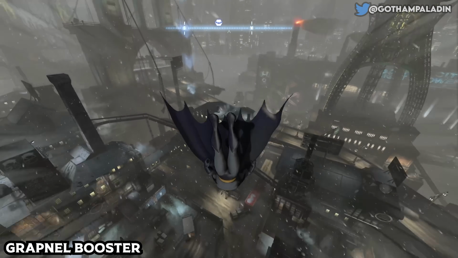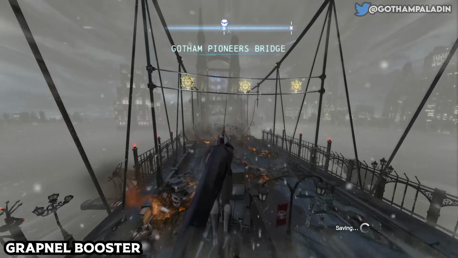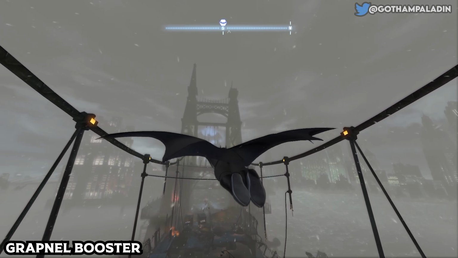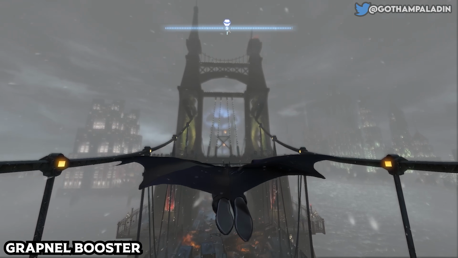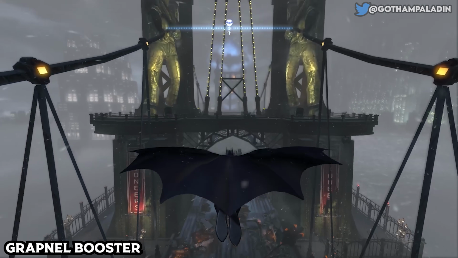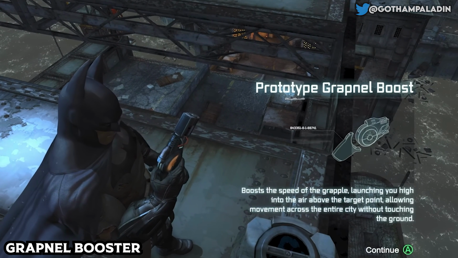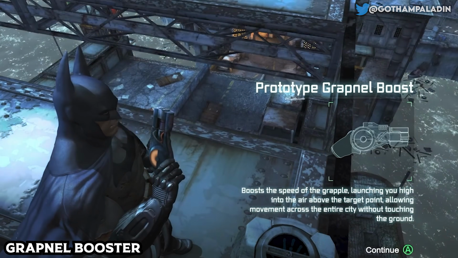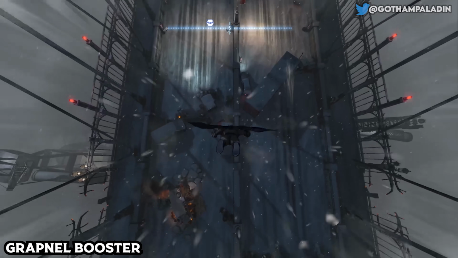Well, there is an answer for this that does make sense to me, honestly. I forget where I read this, but it was a long time ago, WB Montreal basically said it would be really stupid if they didn't add the grapple accelerator in this game. It would set back the traversing a bit and make things less enjoyable, which makes sense, right? So that's the reason why it's in the game, but I guess in the canon, Batman does not have the grapple boost accelerator at this point in his career. It's just a gameplay thing we have, so you just have to pretend that Batman doesn't have it here, I guess.